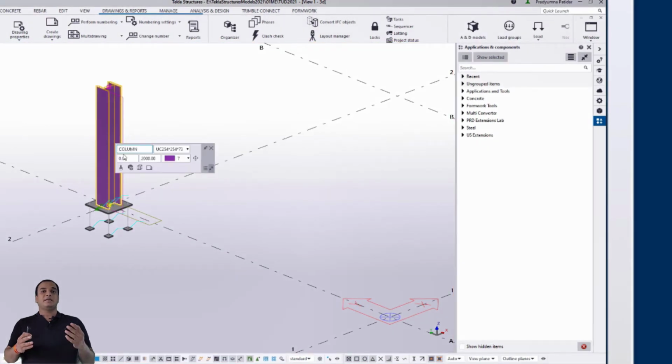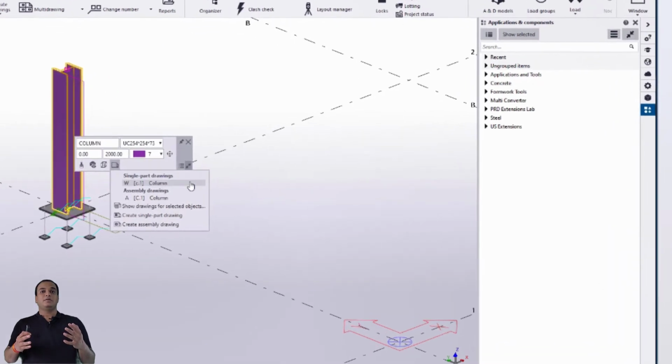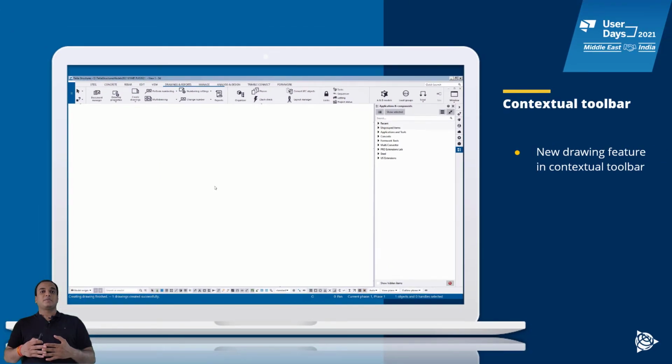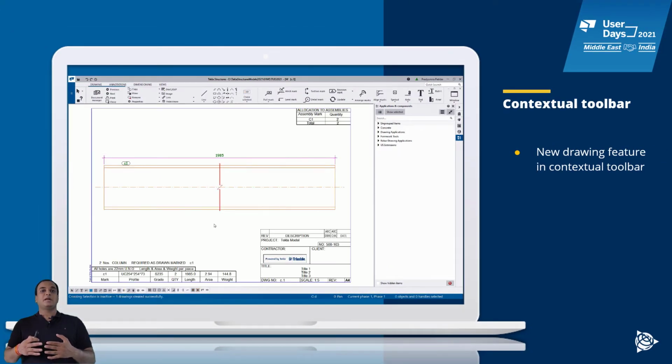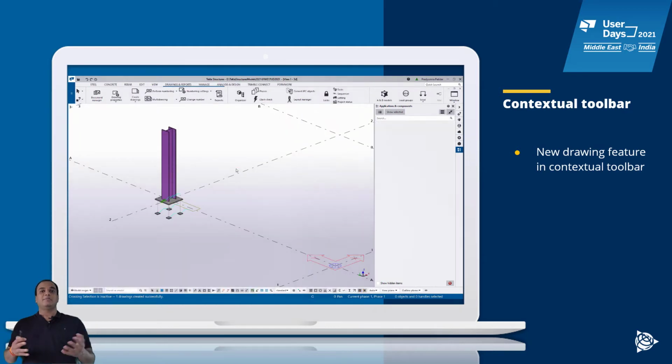Here I have selected the column and I will click on the new option, and then you can see in the list it will show all the available drawings for this selected part, and if the drawing is not available it offers us to create it. So when I select the part drawing, it will directly open the part drawing for the selected part. And also, as I mentioned, if the drawing is not available, you can create the drawing from the contextual toolbar